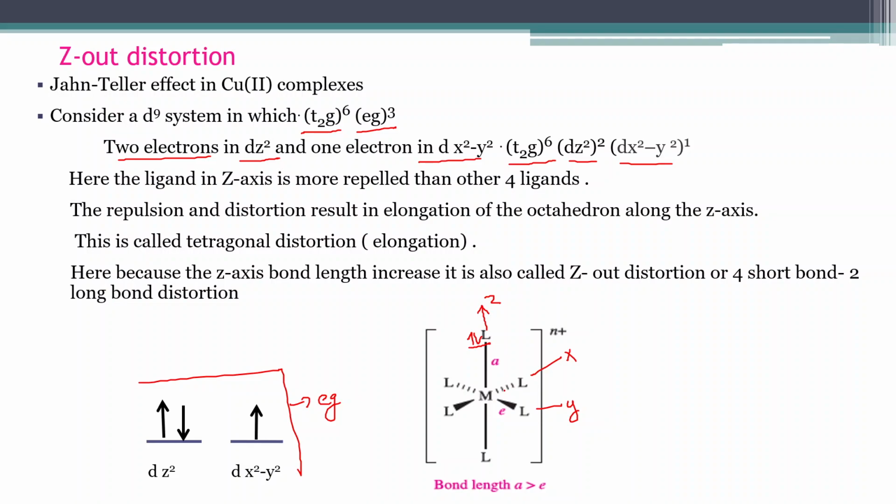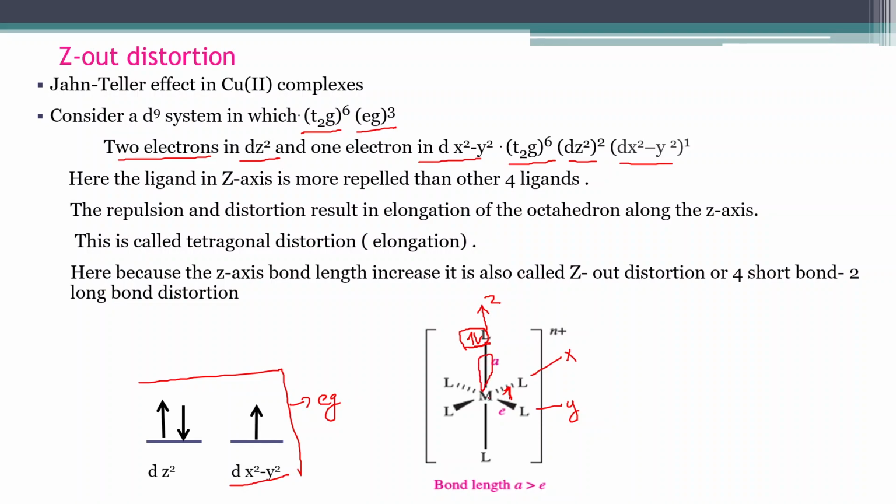In the xy plane there is only one electron, that is, we know x2-y2 is in the xy plane, there is only one electron. So in the case where both electrons are in dz2, this z axis will have the maximum repulsion, and as a consequence of the maximum repulsion because of the two electrons present,